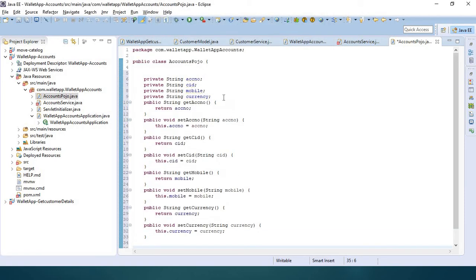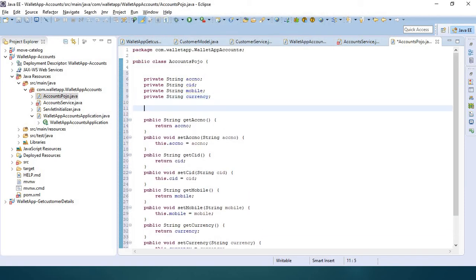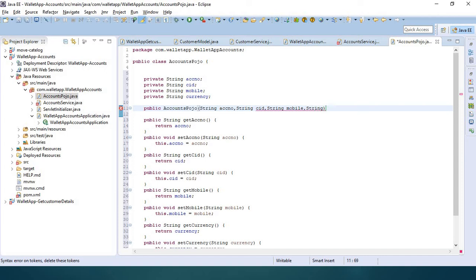At the same time, create a constructor: Accounts POJO with string account number, string CID, string mobile, string currency.